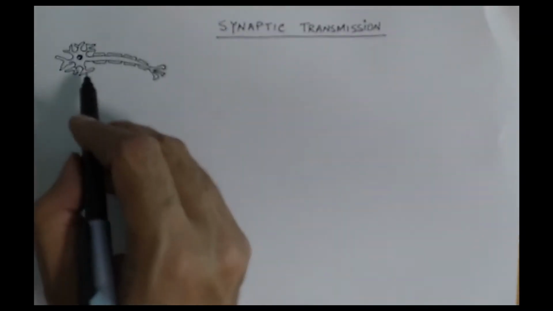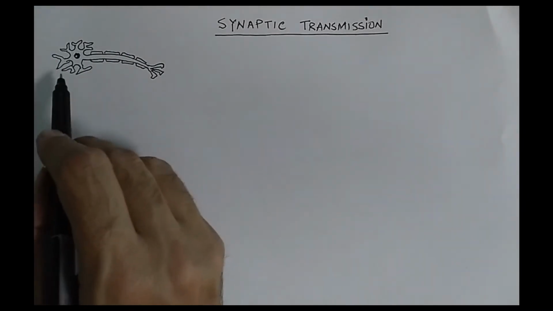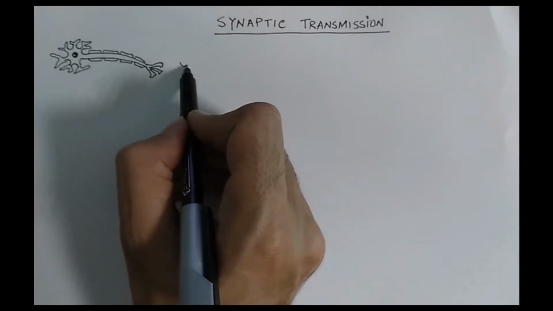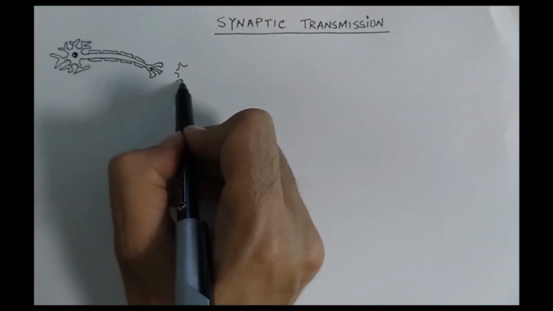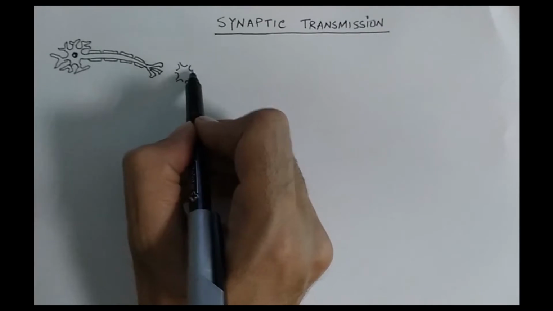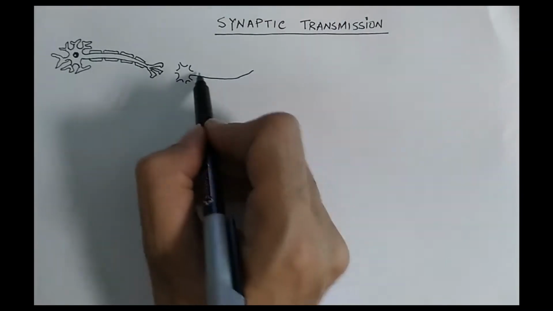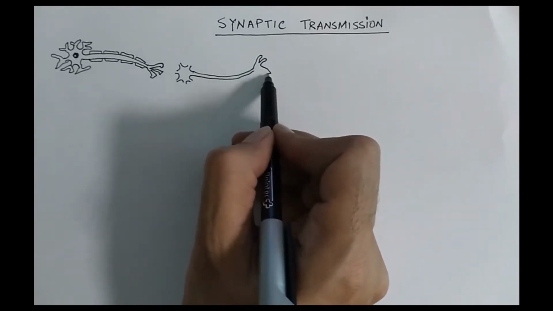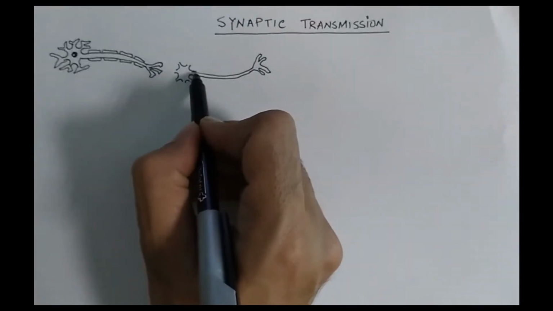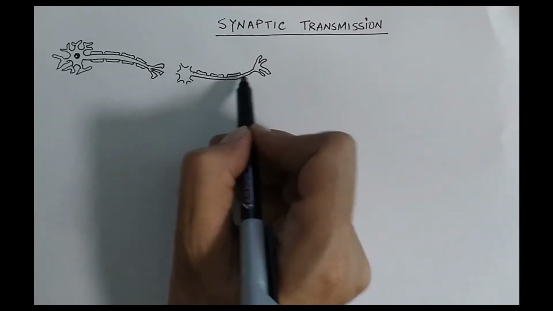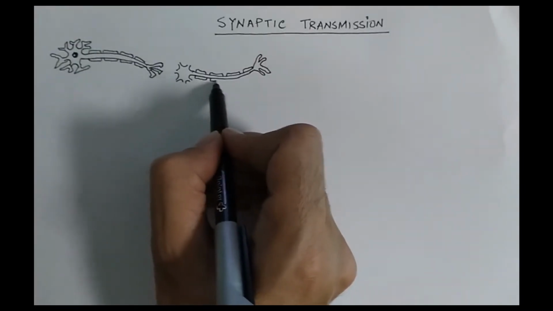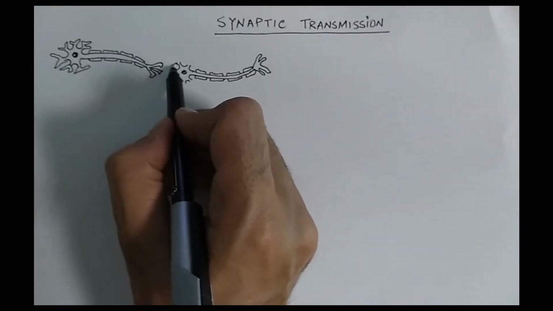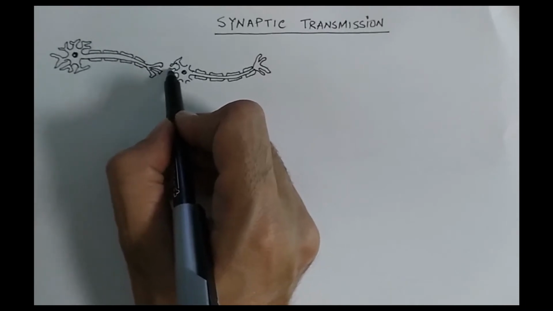So we know that in nerve transmission the neurons are linked with each other in a way that there is a gap in between. So the second neuron in the synaptic transmission involved similarly has cell bodies, dendrites,